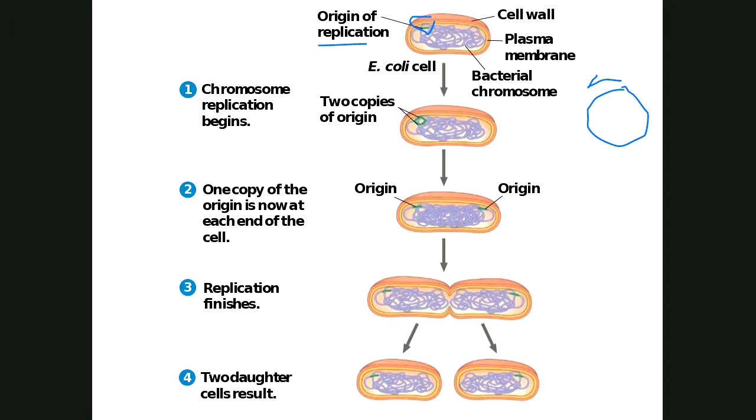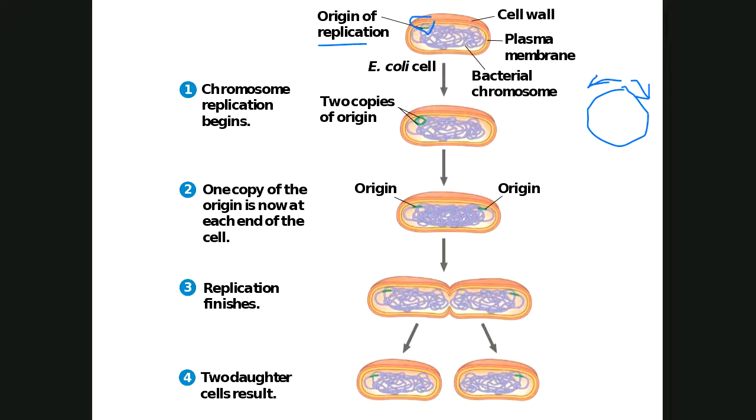Mother Nature is very efficient. Rather than making a copy going one way, that origin of replication spreads out from one spot in both ways around the loop until they meet on the other side. Now, it's a little hard seeing them meet on the other side here because the loop is all crammed up inside that cell. But as you follow down through, I think it's through number 3 there, you can see at the end of that process, we now have 2 pieces of chromosome. All right, we have 2 chromosomes, each one in each cell.